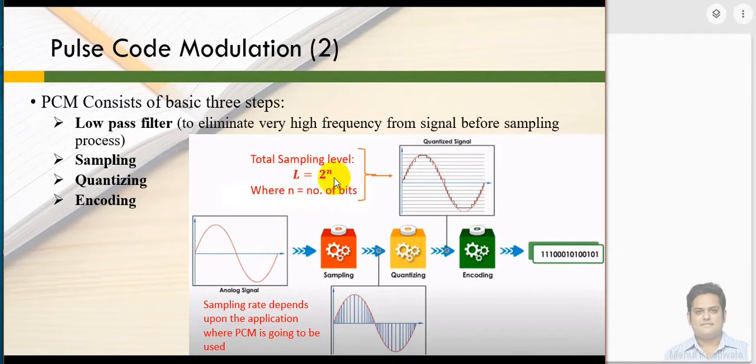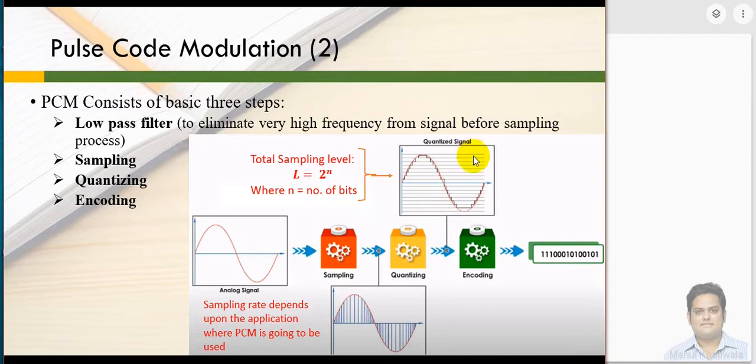Fine. So if I want to represent a sample with 3 bits of data, then I'll have total sample levels L equal to 2 to the power n, and in our case we have taken the value of n as 3, so it will make the total sample levels 8. Fine. And so this is how there will be 8 different levels you can find here. So that is the quantized signal. So this is where we are going to perform the quantized signal.